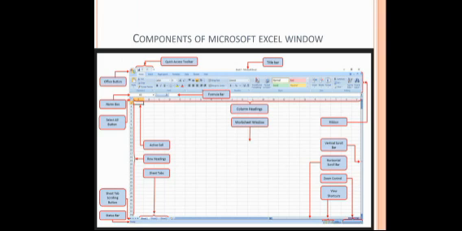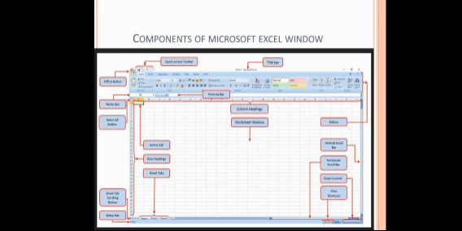Worksheet is a combination of your rows and columns, by intersection of which you can create different kinds of cells. Whichever particular cell you are selecting right now for the work, that particular cell is considered as your active cell. Active cell always contains a dark black color border around it, and the name of the active cell will display in the name box, and whatever content you are going to type in the active cell will be displayed in the formula bar that is next to the name box.